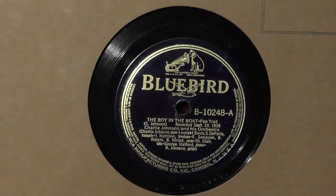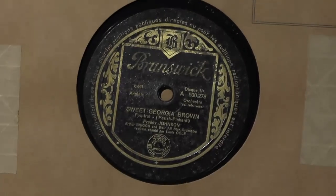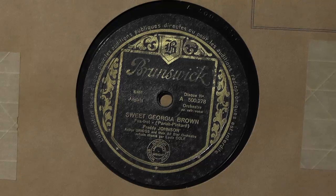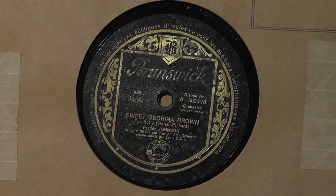Here's Boy in the Boat by Charlie Johnson. $75 minimum bid, lot number 6292. If that had been his recording on Victor Scroll, the minimum bid would have been significantly higher. Those are alternate takes to the Victor Scroll, though, so those are different recordings. Yes, different recordings. For what it's worth. That's right. All right, lot number